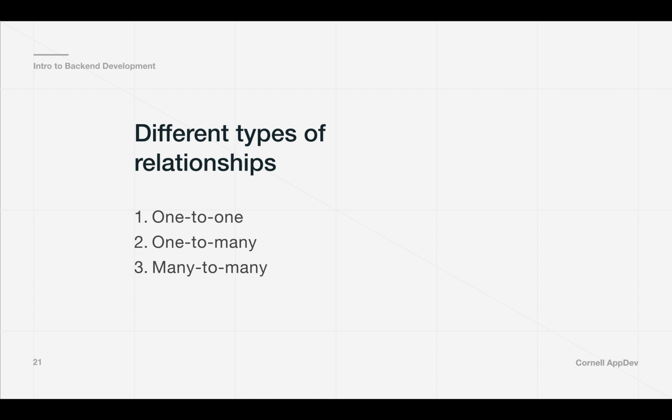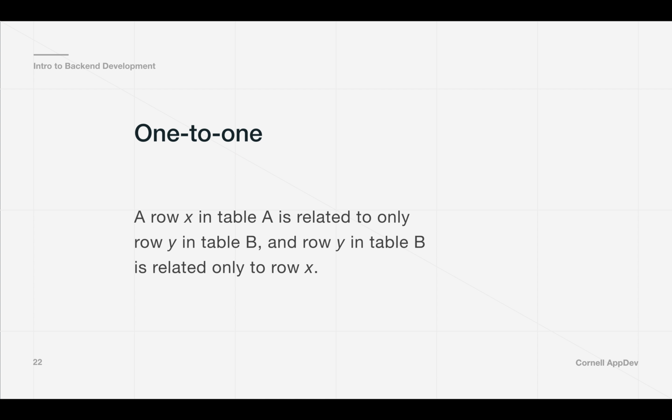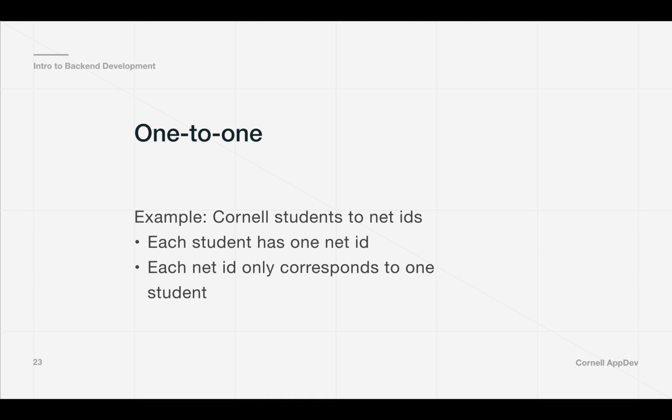So there are different types of relationships when you have databases. These are the ones. One-to-one means a row X in table A is related to only row Y in table B and vice versa. That probably sounds pretty confusing, but if we think about different examples, like